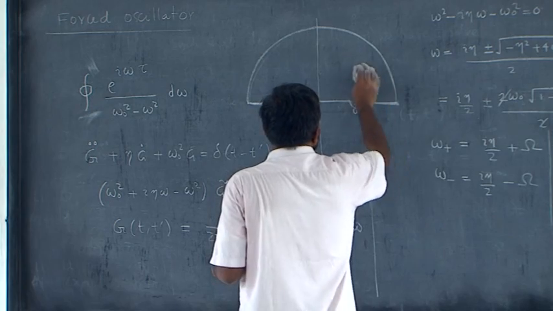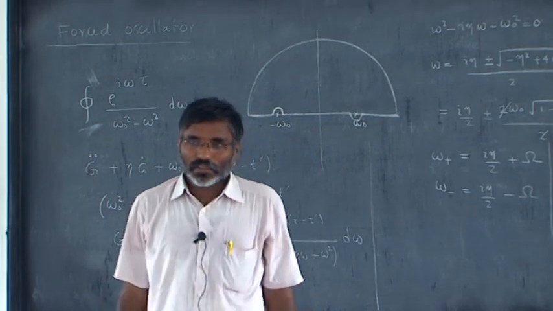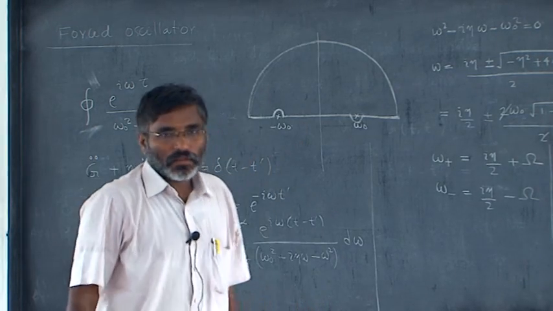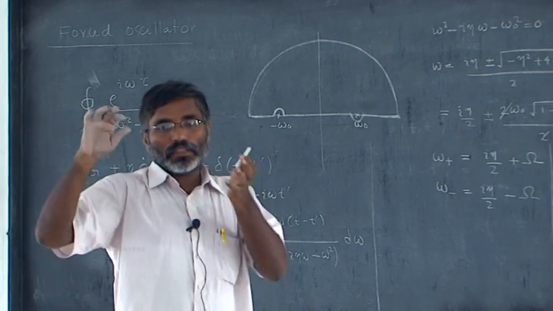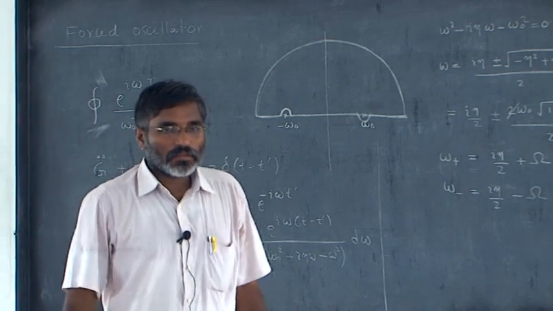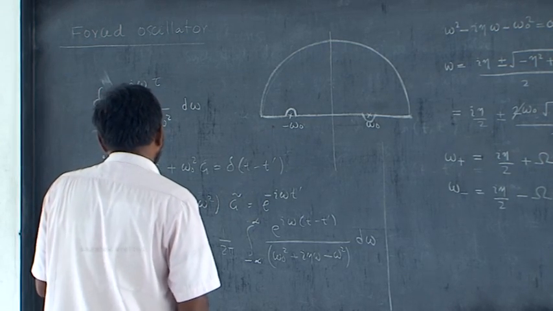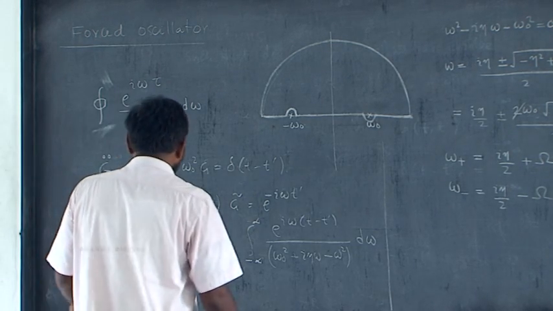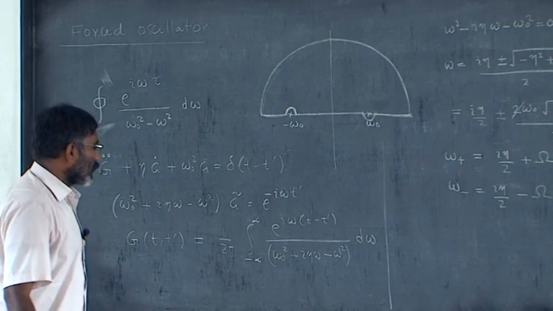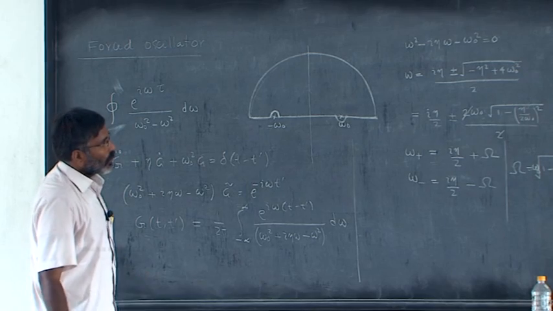But I think it doesn't matter. You can include both, you can exclude both. I think your results will not change. There are four possibilities: include both, exclude one, and you have to take care of those limits. That's all. Okay, so this Green's function can be calculated, and once you know this, then you can write down the final result